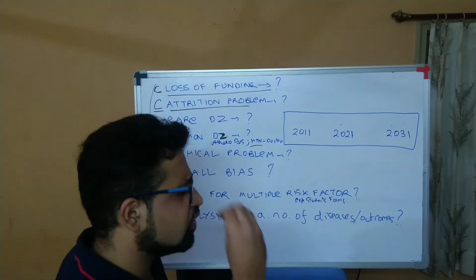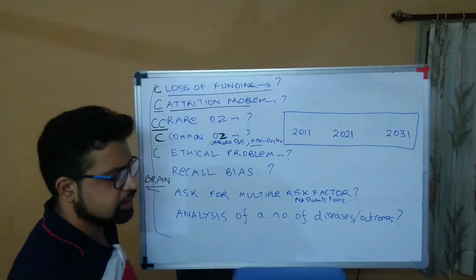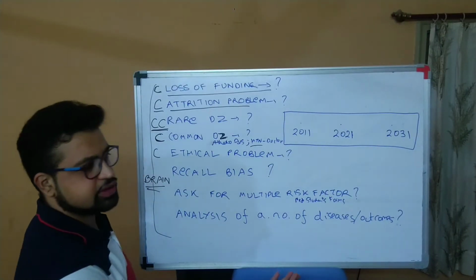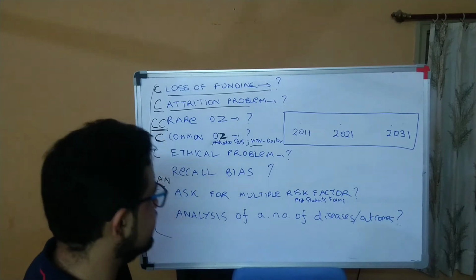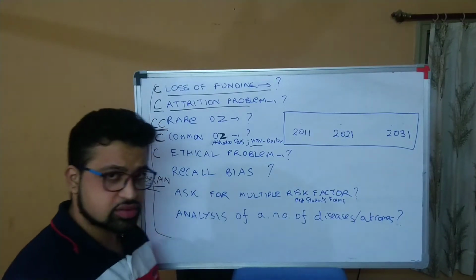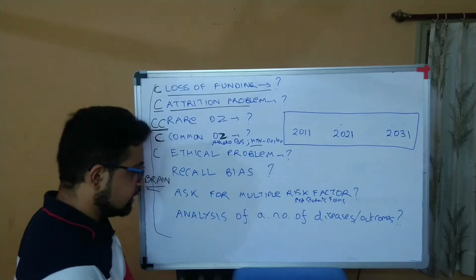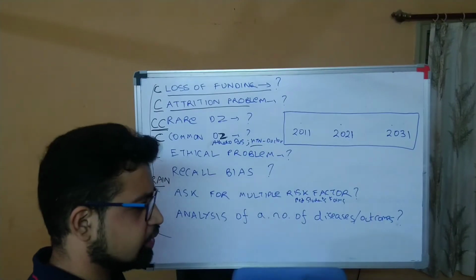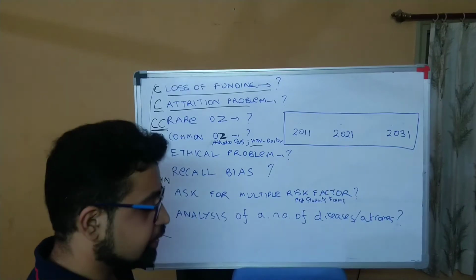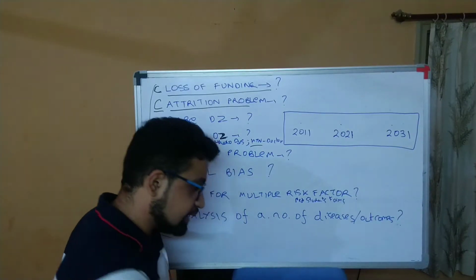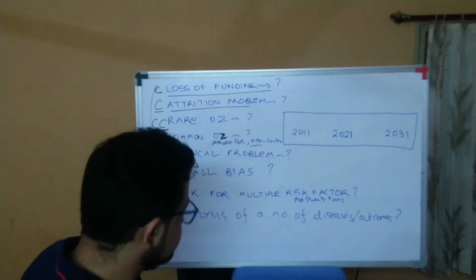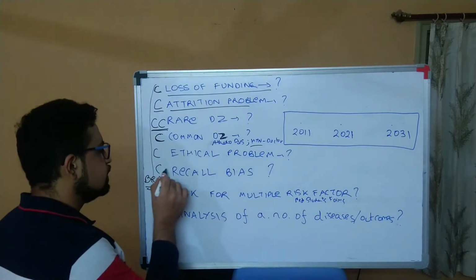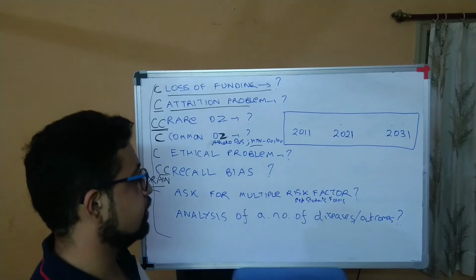In cohort, you are not asking them, you are exposing them. You know how much exposure they have, how many hours of working in the industry, how many packs of cigarettes they smoked. It is not based on the patient, it is based on you. So recall bias you will get in case control, in forms. They might fill in wrong answers. They don't remember, 10 years back, how many cigarettes they smoked. They randomly think, right? So recall bias, sure, you get in case control.